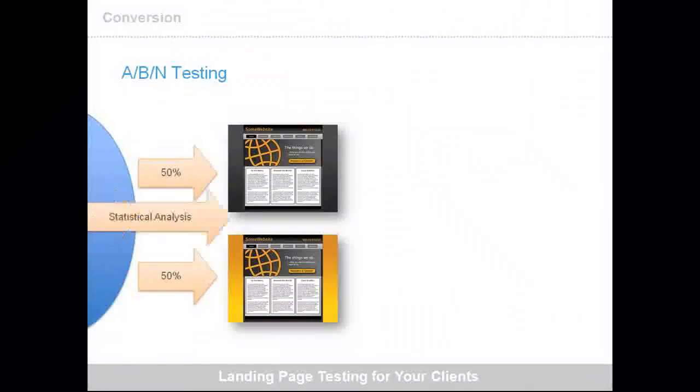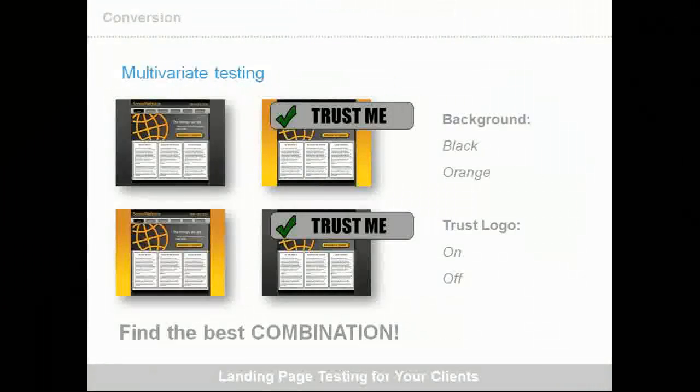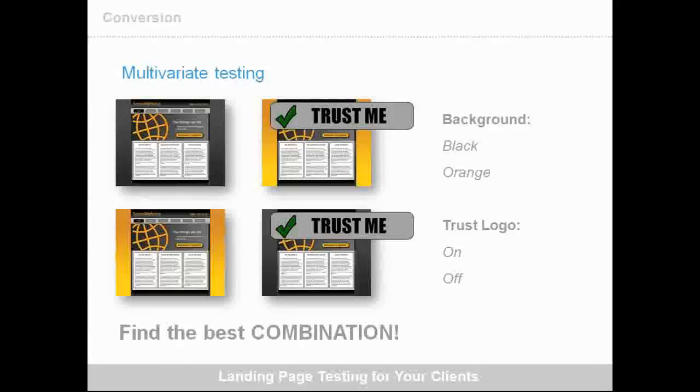Also, now that we are expanding the idea, it has started considering simple factors like changes in the text ad. So even if you have different ad text, one particular text talks about a certain USP, and the other is promoting a different USP, even that becomes a certain type of testing. So A/B/N testing is basically you're splitting your traffic 50%. Half of them see one particular page, the other half see another page. And what you draw in terms of data is what you base your decision on.